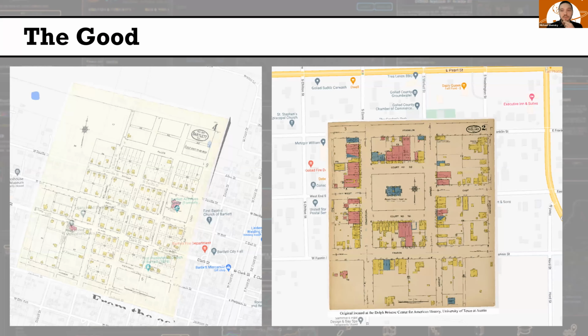There's room for improvement, but we were really amazed that by the end of this testing process, we were able to successfully georeference some maps. So you can see here a map of Bartlett, Texas, and a map of Goliad, Texas, both nearly perfectly georeferenced. I mean, these are essentially equivalent to the results we would get if we manually georeference these maps in QGIS, and we've never manually georeferenced these maps. It's only been done by the computer using this automated process.